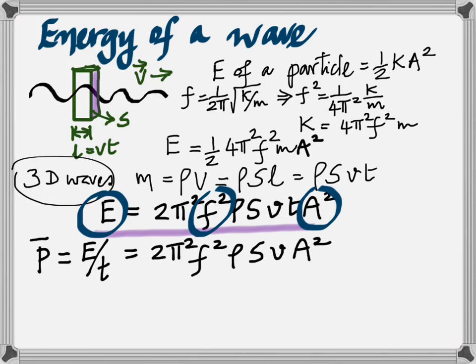Have you heard of the term called intensity? Intensity. That was so intense. The summer session was so intense. What do you mean by intensity? Intensity is power divided by the area. So intensity is actually energy per second per meter squared. I'm going to say that again. Intensity is energy per second per meter squared. So if you divide this by the area, you get intensity. Remember, the area is represented by S. So you divide it by the area, you get the formula for intensity.